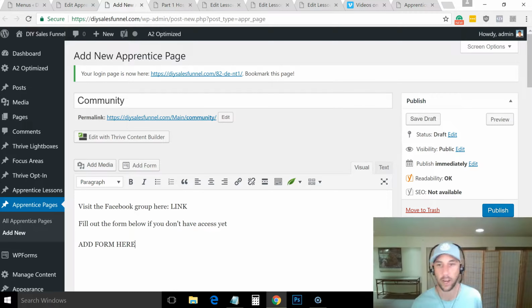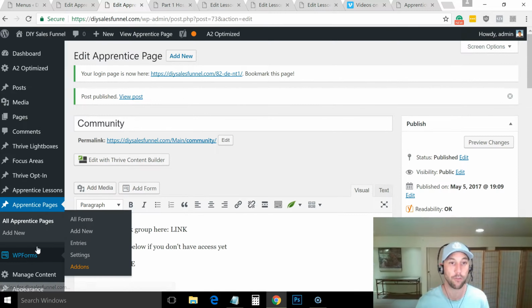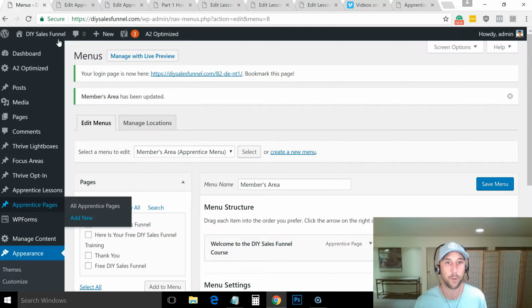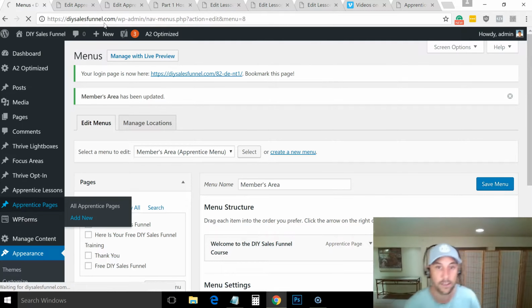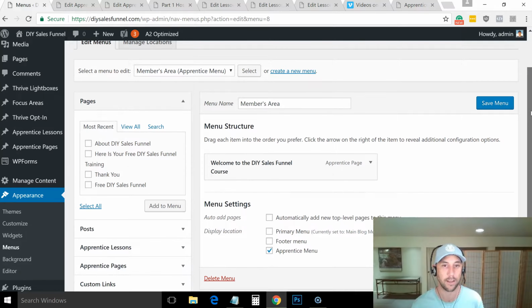And you can use like Contact Form 7. Actually, no, we have a form, WP Forms is built in. You can actually put a form on that page. I'm not going to do that today. It's super easy to do. You can figure that out. All I wanted to do was to go back here to the menu. Now I need to refresh this. And I want to show you what the menu should actually look like for course delivery, because what I did was kind of